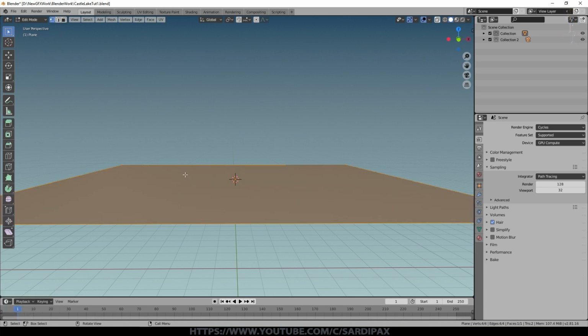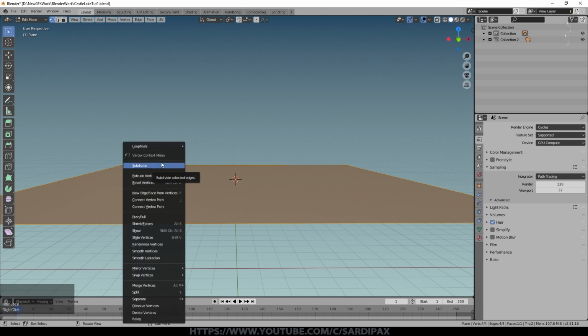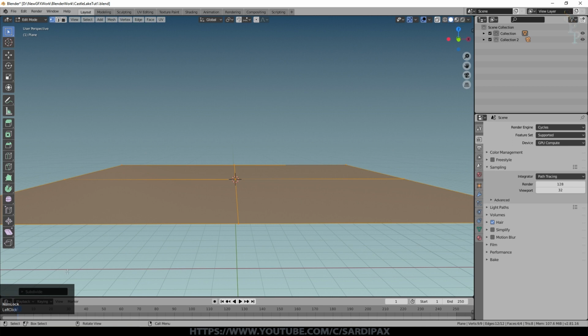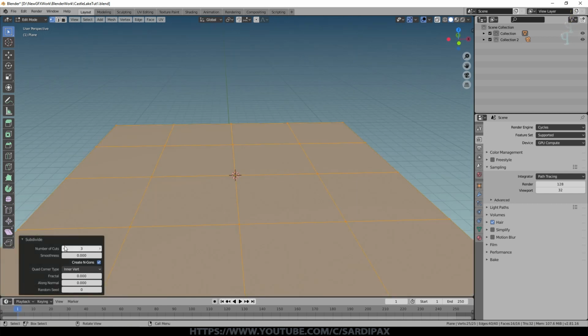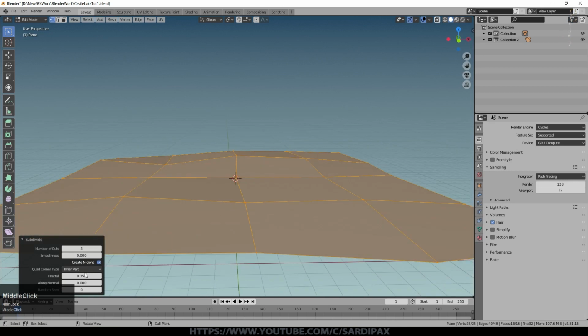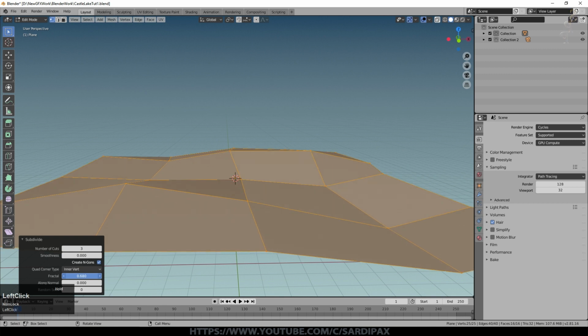Press Tab. You can see what keys and things I'm pressing down here in the bottom left hand corner, by the way. And what we'll do is we'll right click and select subdivide, and you can see it's subdivided it there. Now it's slightly hidden by my little mouse indicator here, but we want to increase the number of cuts. So not too many to begin with, maybe 3, and increase the fractal. And what that will do is that will start to push them up and down a little bit. We can obviously modify the height of these hills later on, so I'll increase it a bit there.